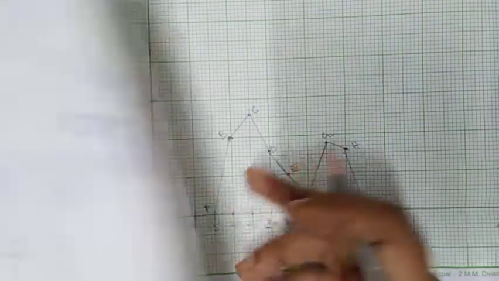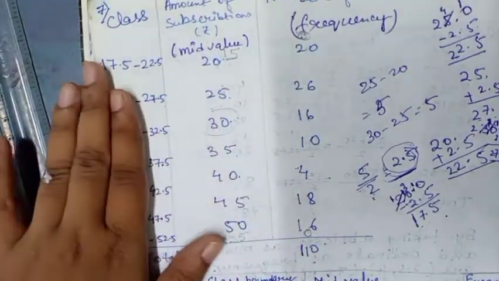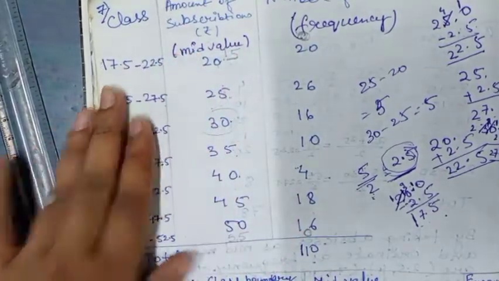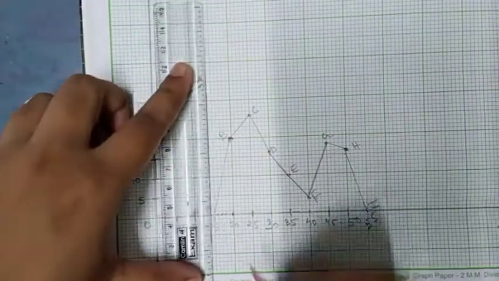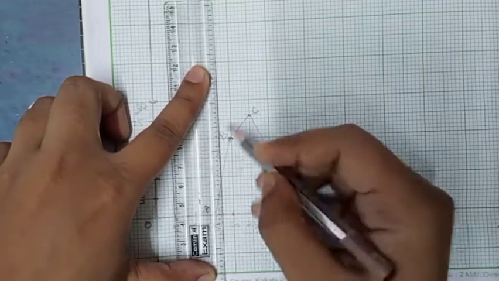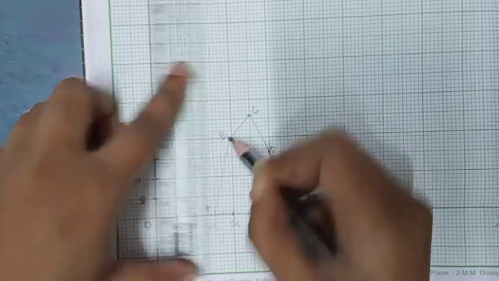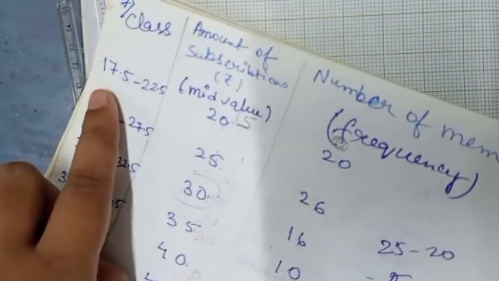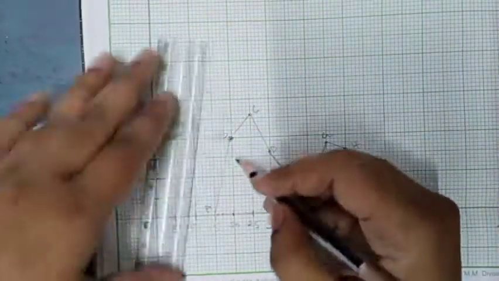When you plot the histogram, you take this lower and upper limit and you take this frequency. So only the lower and upper limit will change, the frequency will remain the same for both frequency polygon and histogram. So you will take the mid value between 15 and 20 and make one straight line up to B. Why? Because B is 20, frequency is 20. First one frequency is 20 when lower limit and upper limit are 17.5 and 22.5.